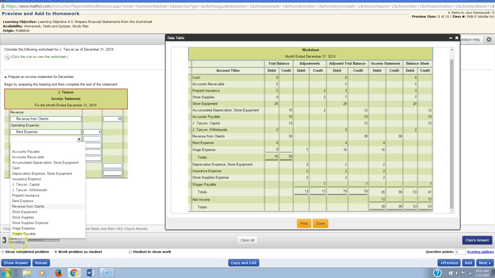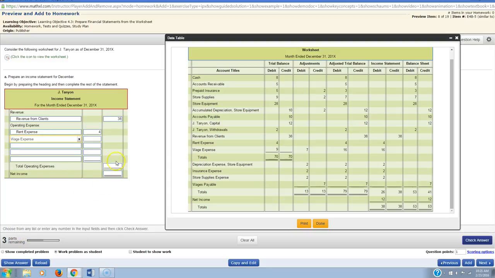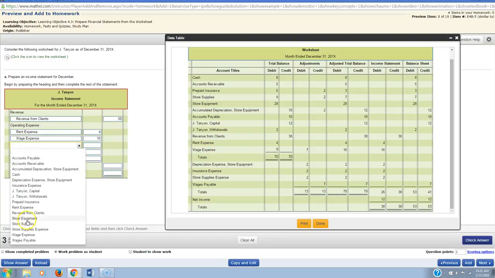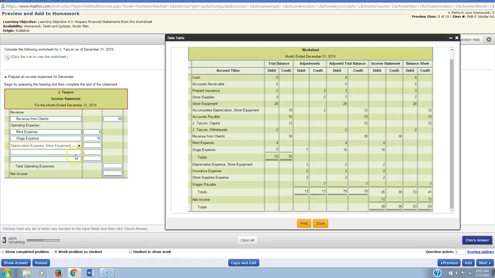So we'd select here, wages expense, put the 16 in here. Next one is depreciation on the store equipment. That's $2. So we'd click and come down and chase down that depreciation expense. Here it is. Okay, and what did we say that was? $2. All right, so we'll stick that in there, and then after we have the insurance, the store supplies, and